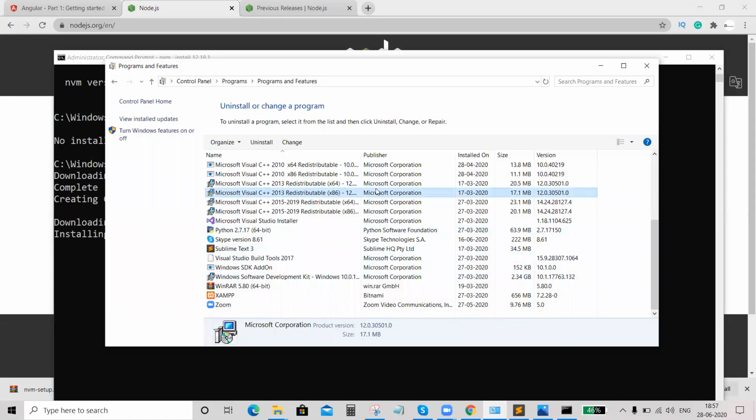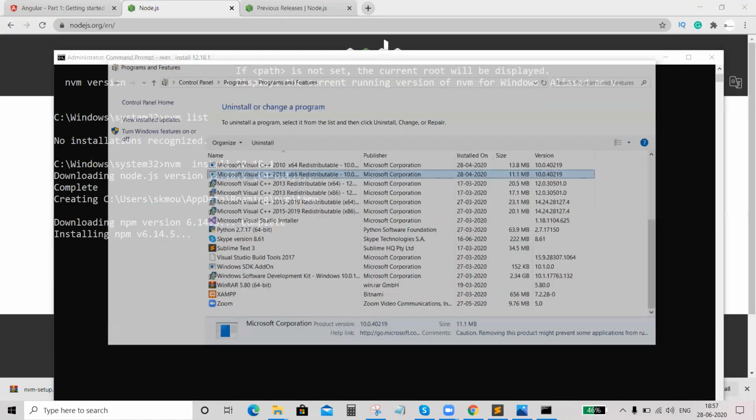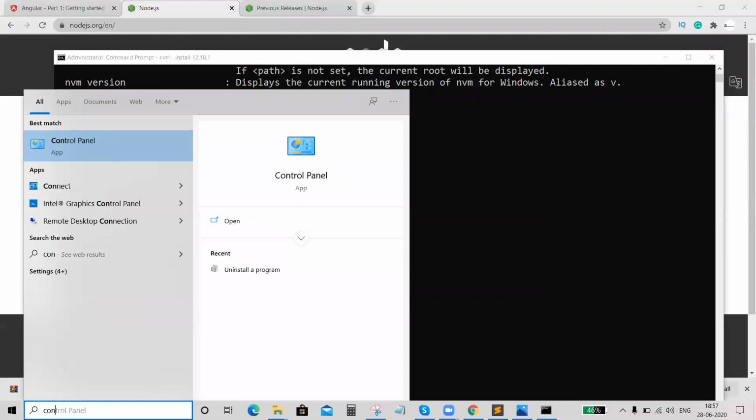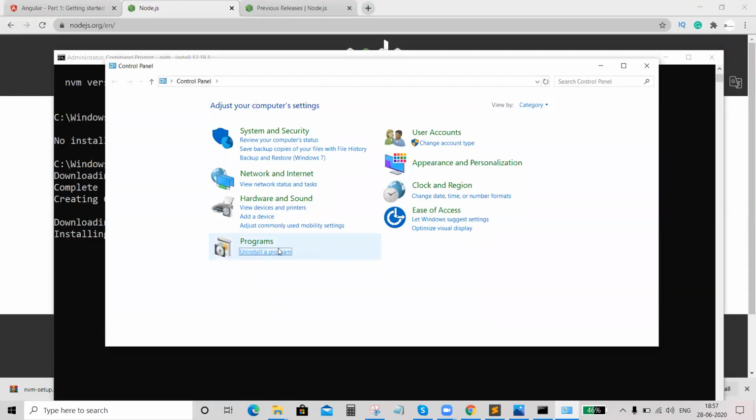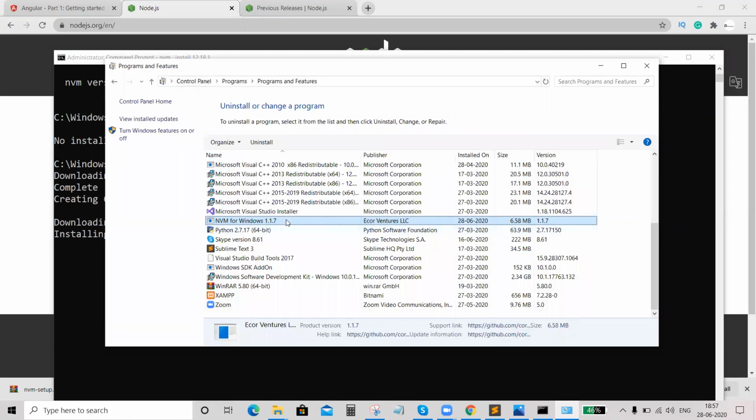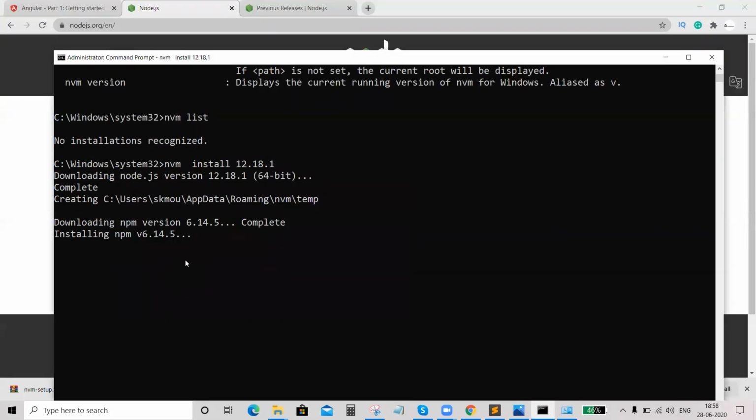Okay, if you see again, here I installed NVM that occupied 6 MB. So almost 50 MB of space is a benefit for me. So now it is taking, yeah, done. So if you see, if I run the command,